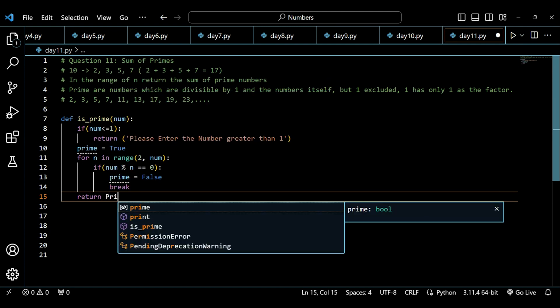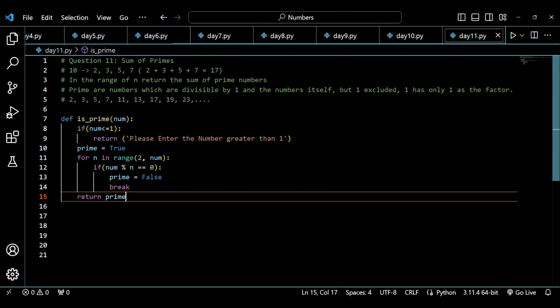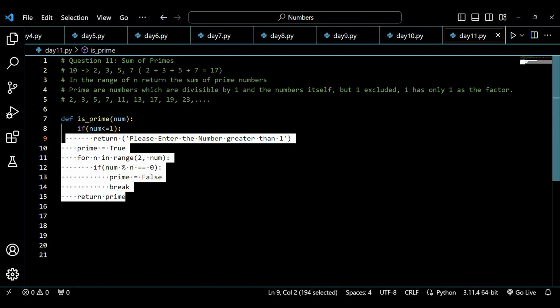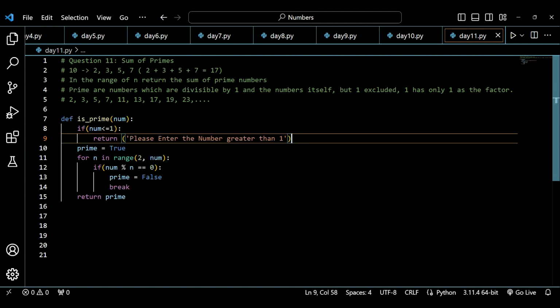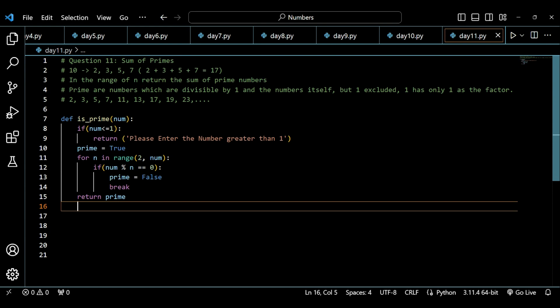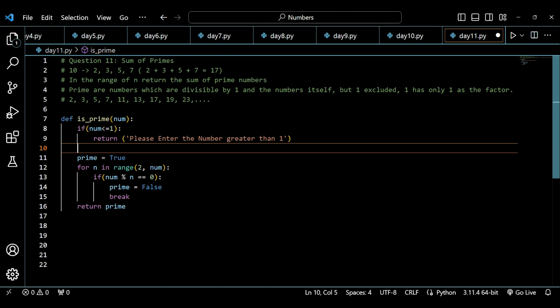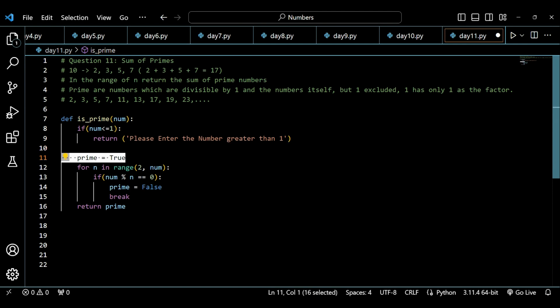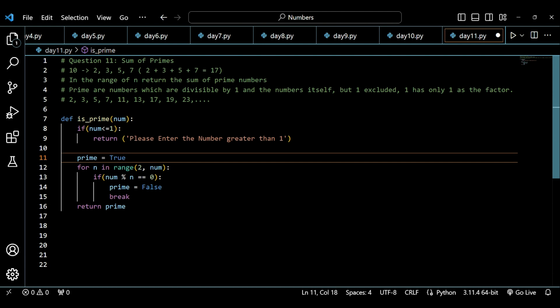And I will be explaining this question one more time, what we have done in this function. You have understood till here that we have tackled the condition where, if the number is less than or equal to 1, we have said that please enter the number greater than 1. Till here we have already understood it. Now the next thing coming up here is that we have created a container, a variable, which is the variable prime,